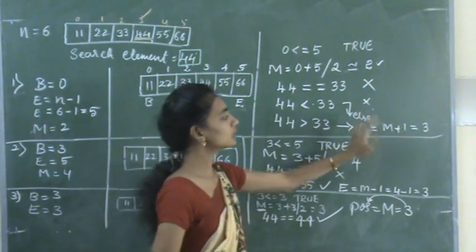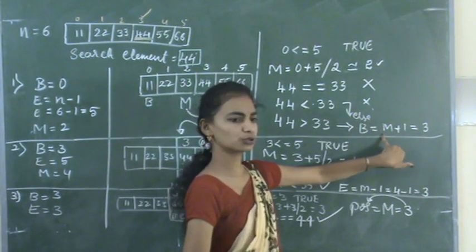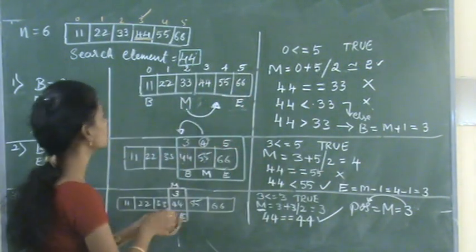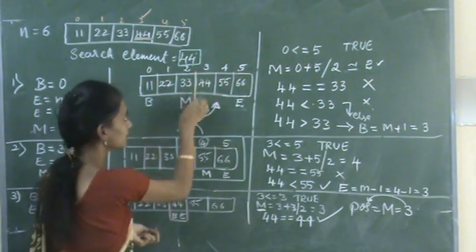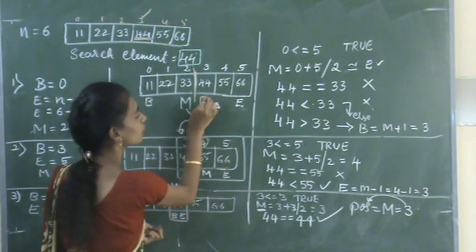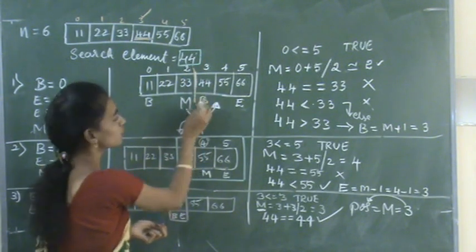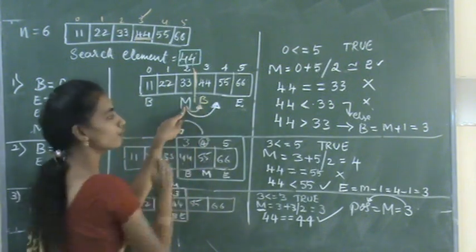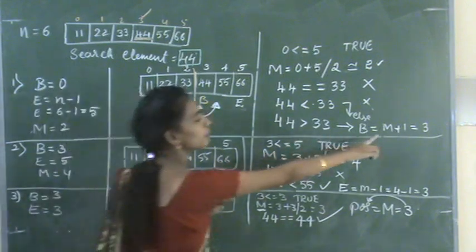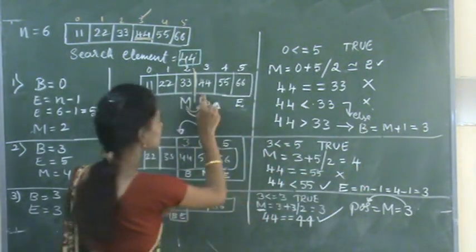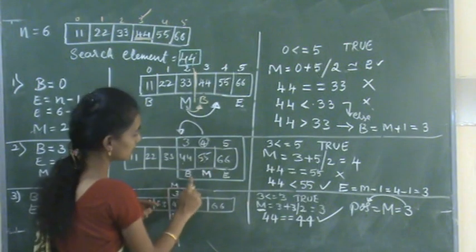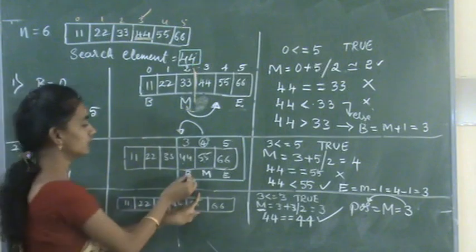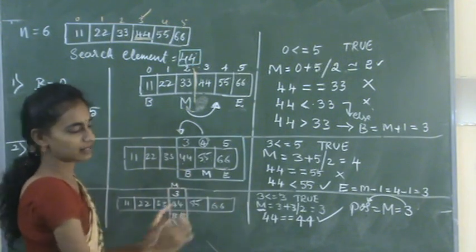In this else part, we have to change the beginning of the array. How will you change it? If we are dividing this array, we need to make this the beginning, right? So we increase the value of mid position, that's why mid plus 1. Now this begin becomes 3. So in this array, the begin is equal to 3. Okay, so beginning is 3 and ending is the same as it is.